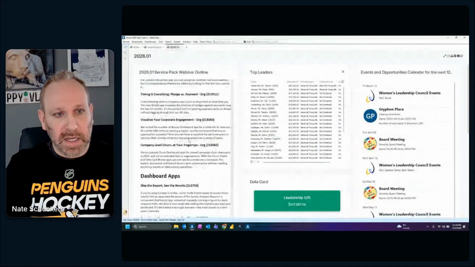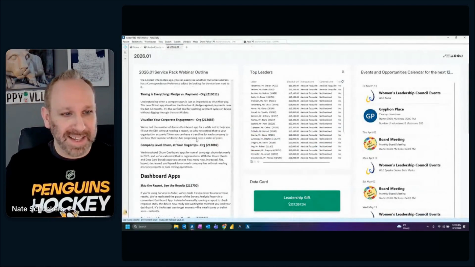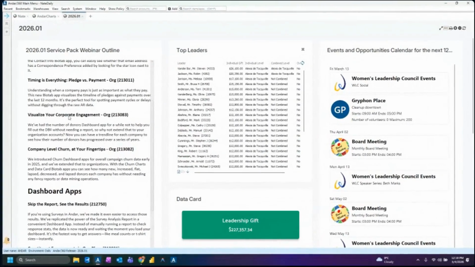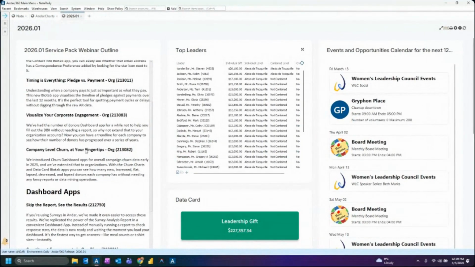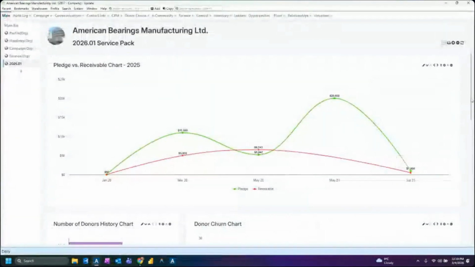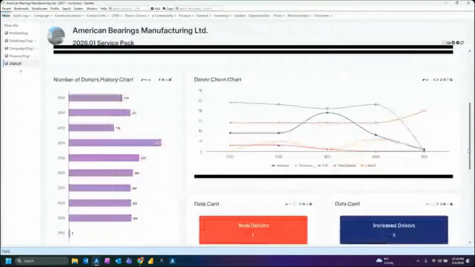Next one is another kind of neat, easy to describe BioTab app for organizations. It's the Visualize Your Corporate Engagement. So this one is all about pulling up the number of donors for an organization. We've had the number of donors overall for your DB2 reports, but this one's very specific to an organization. So if we just go back into American Bearings again, I've got another chart down below,